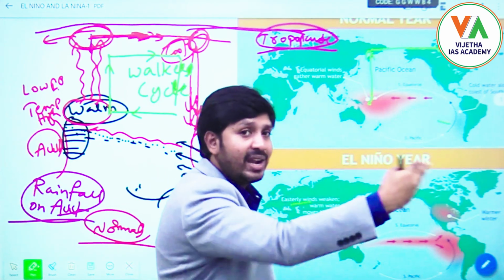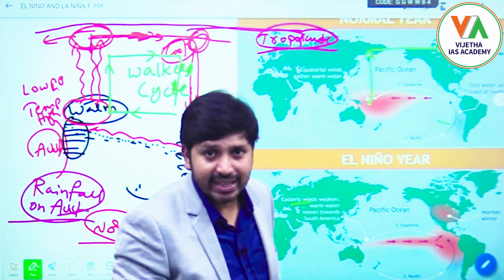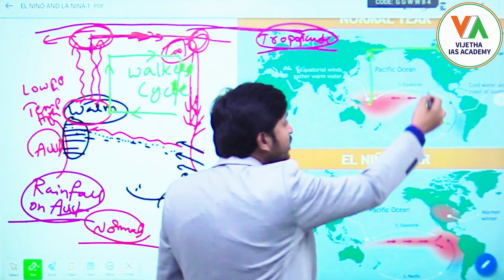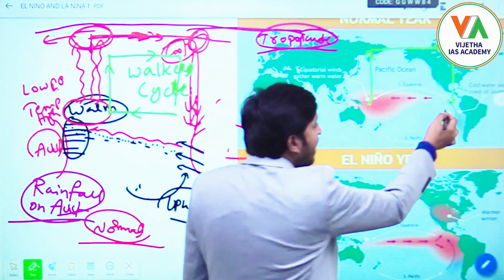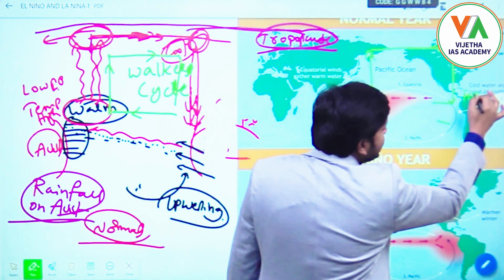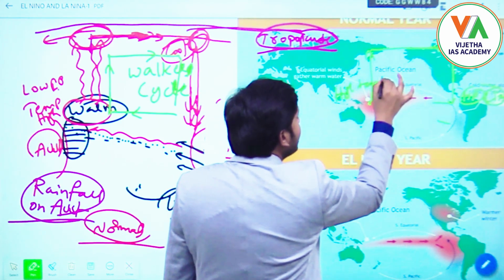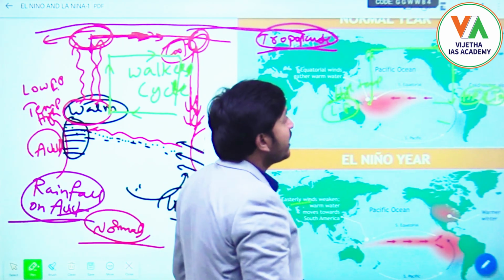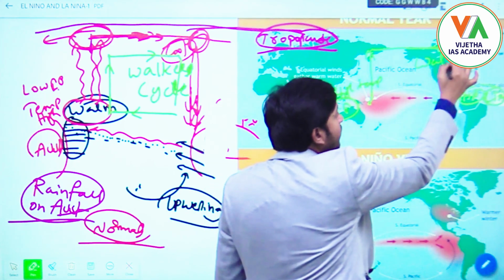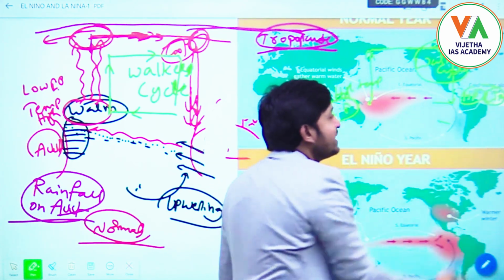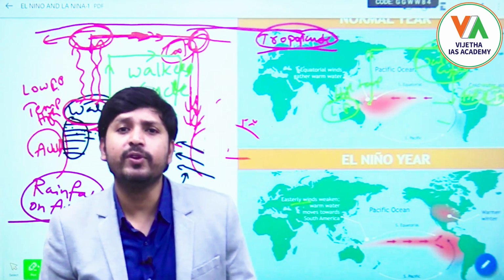In the process of movement, it will become cool, and once it becomes cool, it will contract and its weight will increase. Once its weight increases, it will descend here, having high pressure and low temperature, and here it is having high temperature and low pressure. If you combine this atmospheric and water surface phenomena, this is called the Walker cycle. This occurs in normal years, but after 7 or 8 years, there is a peculiar phenomenon